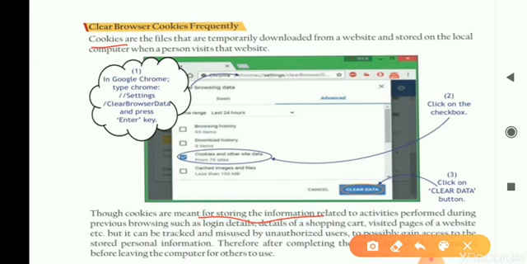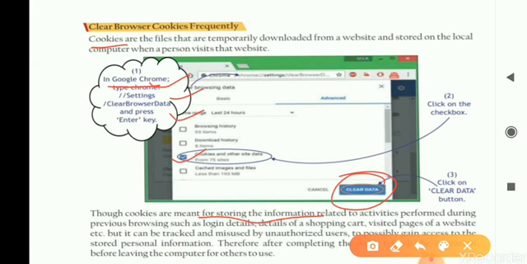The first way is to open Google Chrome, go to the settings, and clear the browsing data. Check mark on cookies and other site data and click on clear data.